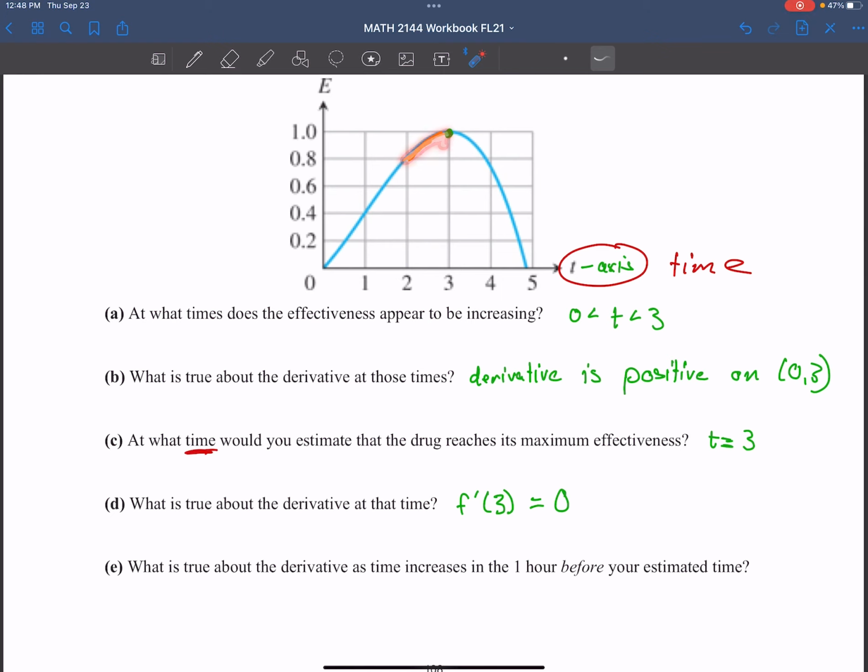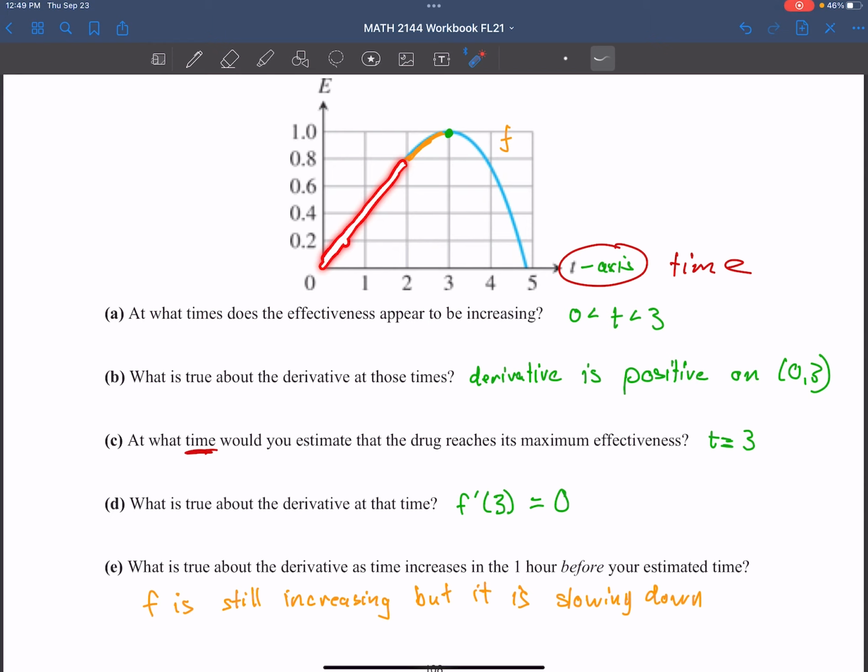So this is starting to think about, we'll just call this our function f, is still increasing, but it is slowing down. Because if you look at the steepness of the line here,